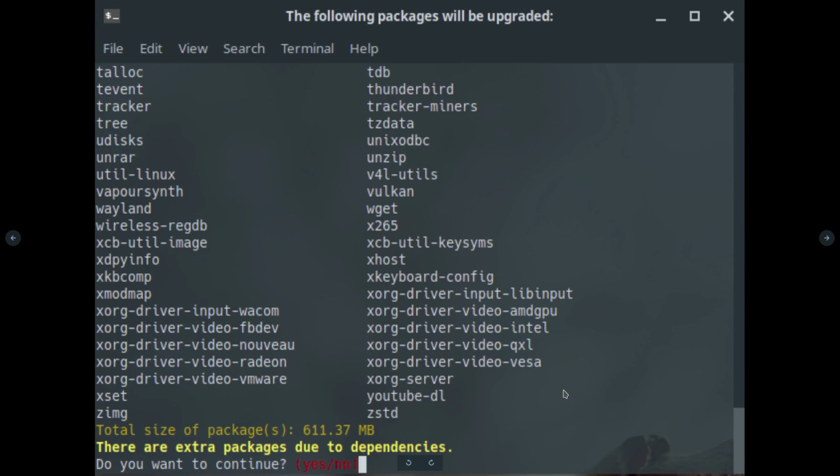611 megabytes to update. Now the GNOME version had something like 500, but I don't think there's as many changes within the GNOME desktop environment as opposed to the Budgie desktop. That's been probably changed a lot as it goes. So unfortunately,